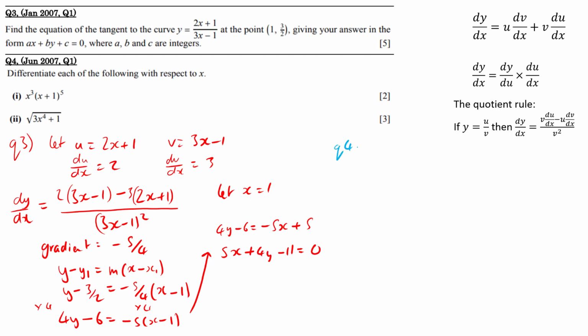Right, I'm just going to talk through this whilst I do this because this is recorded. Right, y equals x cubed times (x plus 1) to the power 5. Let u equals x cubed, v equals (x plus 1) to the power 5. du/dx equals 3x squared, and